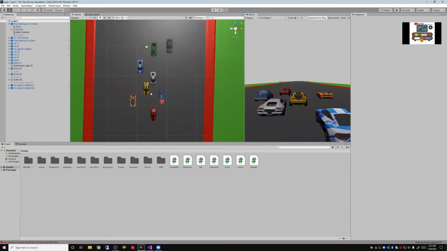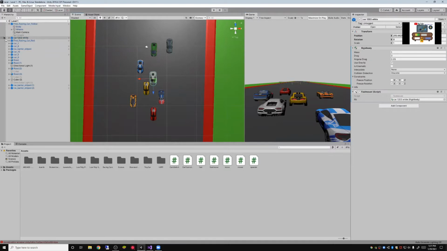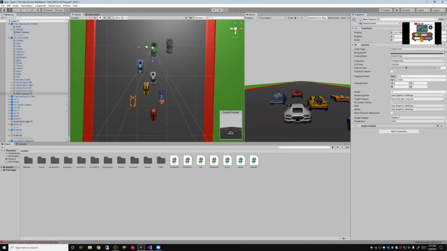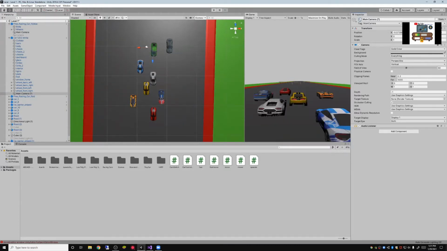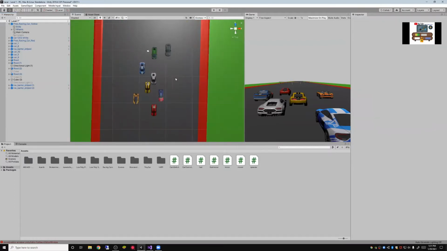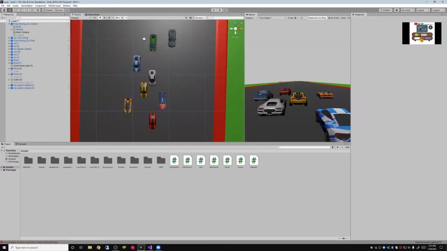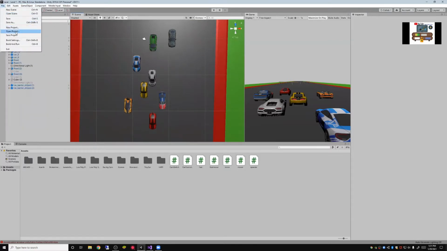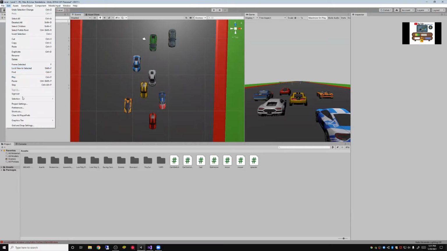And this relies on me adding a ton of cameras. So they all have cameras, but I just gray them out because I don't want it to start off with some other car's camera. And the reason that I'm doing this is because it sets it active during the game, only when you click that certain camera. So in order to do this, I'm going to go to edit,